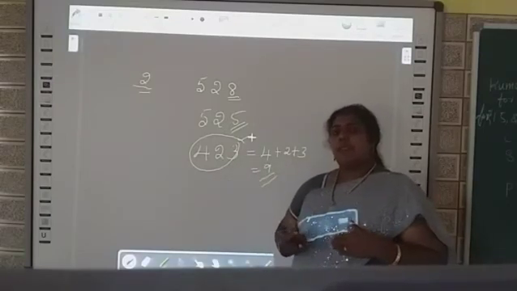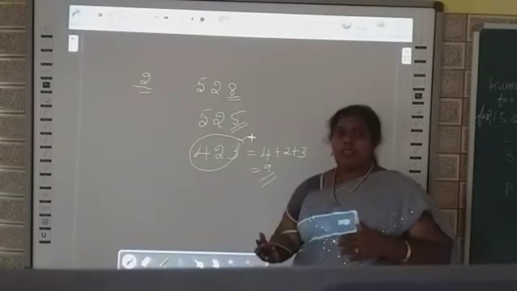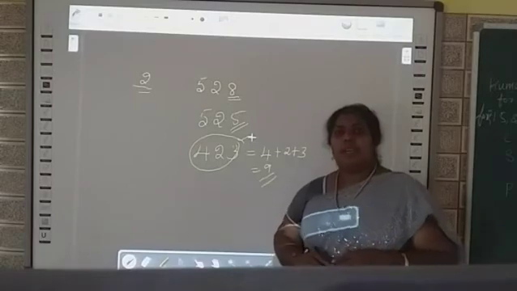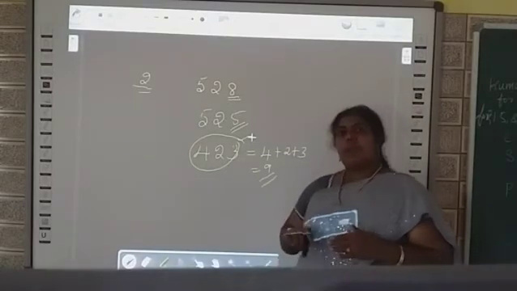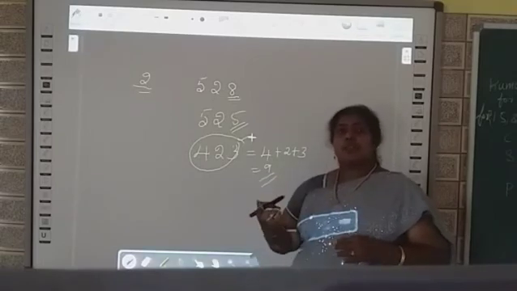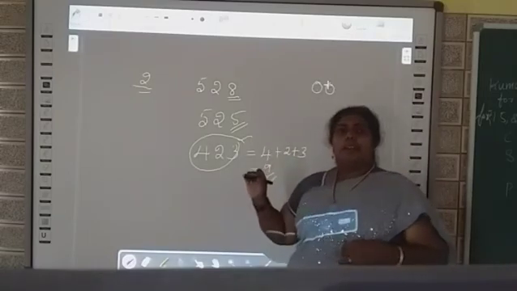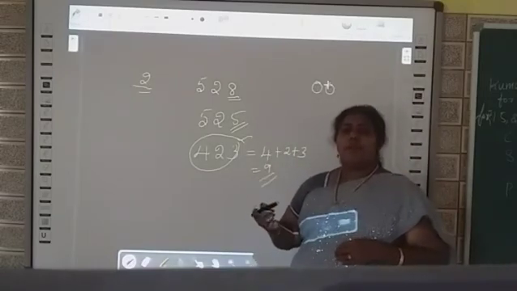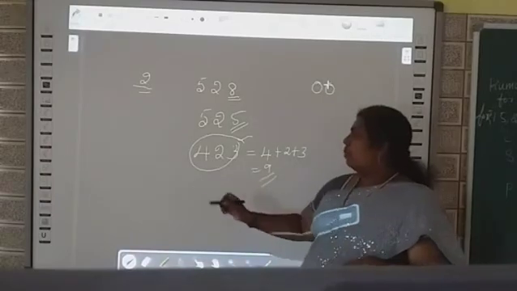So divisible by 3 means the rule is: if the sum of the digits is divisible by 3, then we can divide that number by 3. Do you understand now? Yes. Next, divisible by 4. Divisible by 4, what is the rule? If the last two digits are 0, 0 or divisible by 4, then we can divide that number by 4, right? For example,